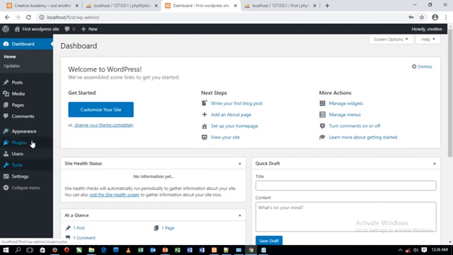Then we have the plugins. Like I told you, the plugins are extra functional things. For instance, you need a contact form on your web page. You're a blogger, you need a newsletter to capture people's email and then mail them occasionally about the new articles you have. If you are into business, you need client email. They call this lead. So these capture the email, and then from there you can.